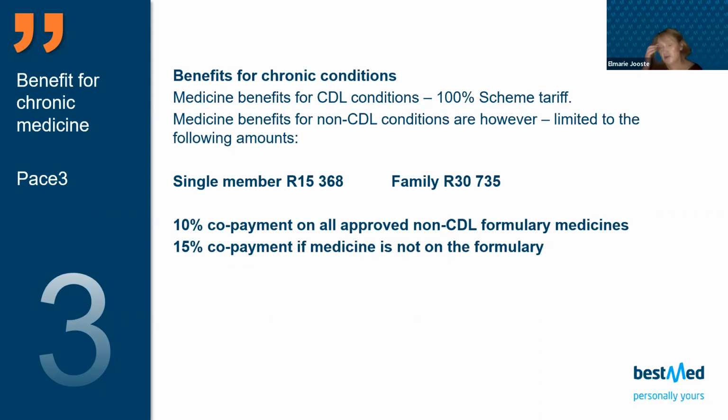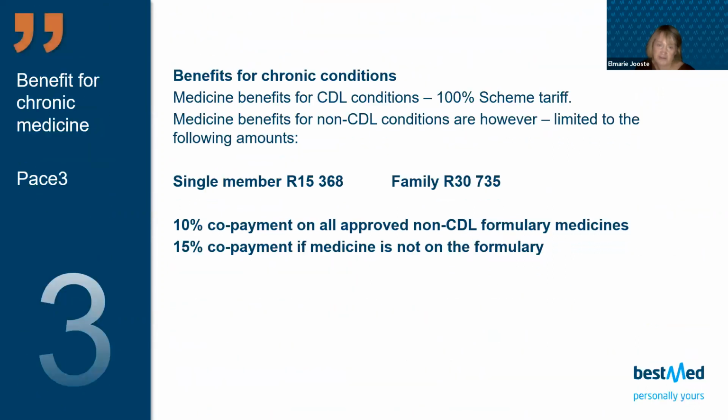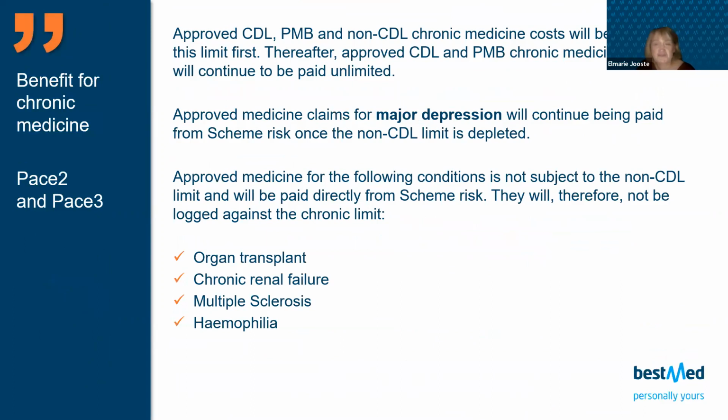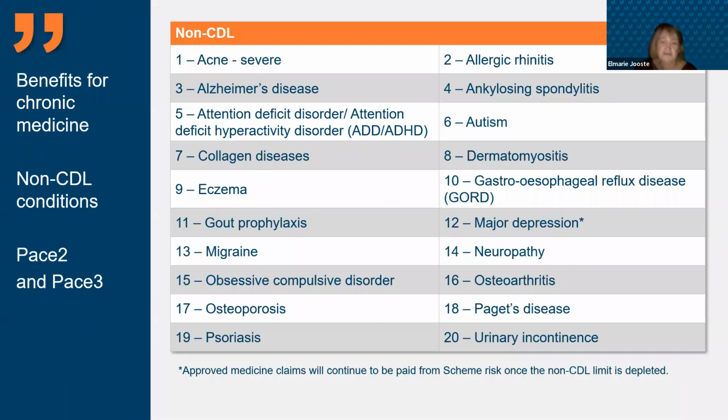But if it's not on the formulary, you have a 15% co-payment, whereas on Pace2, you had a 20% co-payment. Okay. So that's a key difference between Pace2 and Pace3. Now, you will note, if you look at the non-CDL, which we said is limited to the 20,000 and 30,000 Rand, you will note